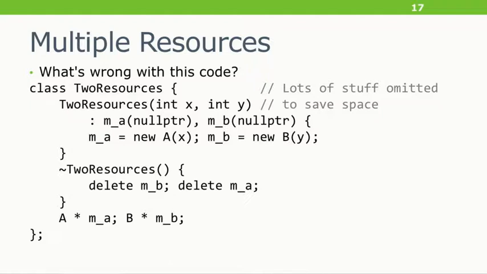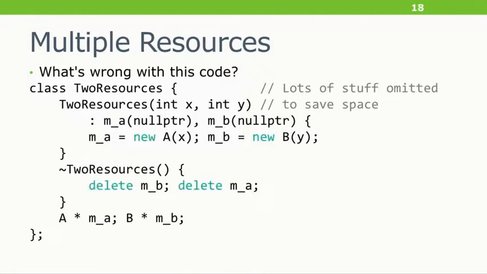I'm being good. I'm going to write a wrapper class that stores some resources, A and B. I don't know what they are. So we've got an A star member underscore A, B star member underscore B, and I need to construct them from some integers or arguments x and y. So I'm going to have these pointers. My constructor is going to carefully null them out using null pointer, and then I'm going to new up my objects. And then the destructor is going to be very careful. It's going to delete them in reverse order, so that's nice. And we know that free and delete are no ops for null pointer. So if for some reason they're called when these pointers are null, then I'm not going to crash or anything, and that's cool, right? It's cool? OK. What's wrong with this code? Who sees it? OK.